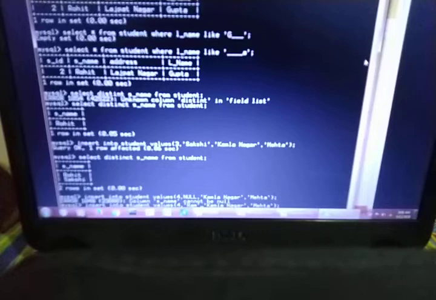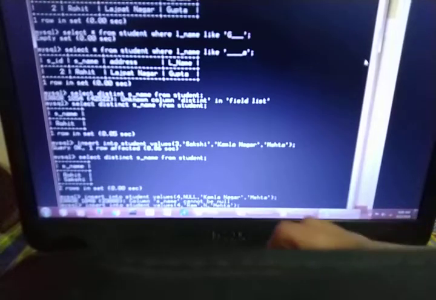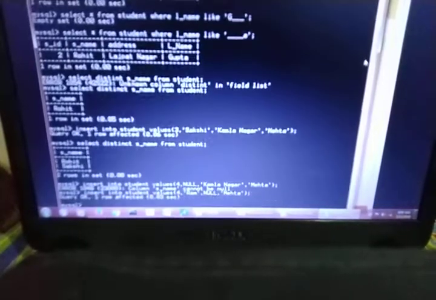I write a name over here, and instead of address I am writing null. I hope address is not null. So address was not null, and one row has been affected. Now I want to see the distinct address.